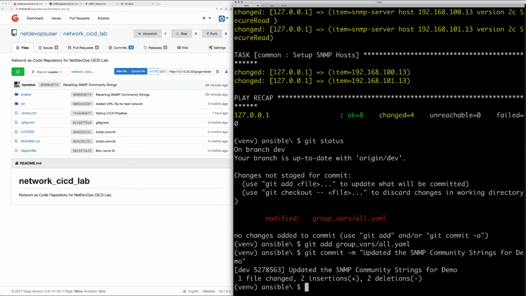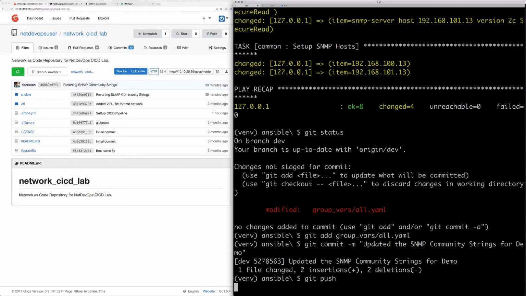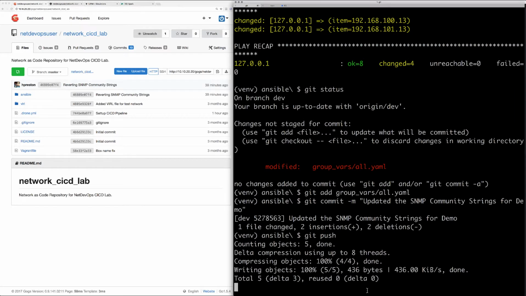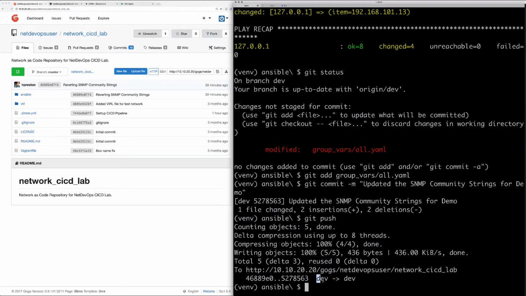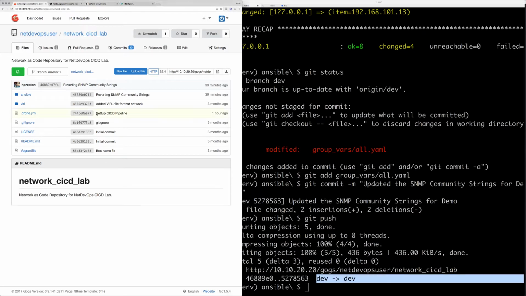Good commit messages are always excellent so that other folks know what these changes were intended for. Now this commit is local to my laptop. With git push, this will actually send this up to the source control system. We can see that I've pushed this to the dev branch, and so if I go and look at the dev branch in source control, I will indeed see that we've got the updated community strings for demo as the last commit that came through,